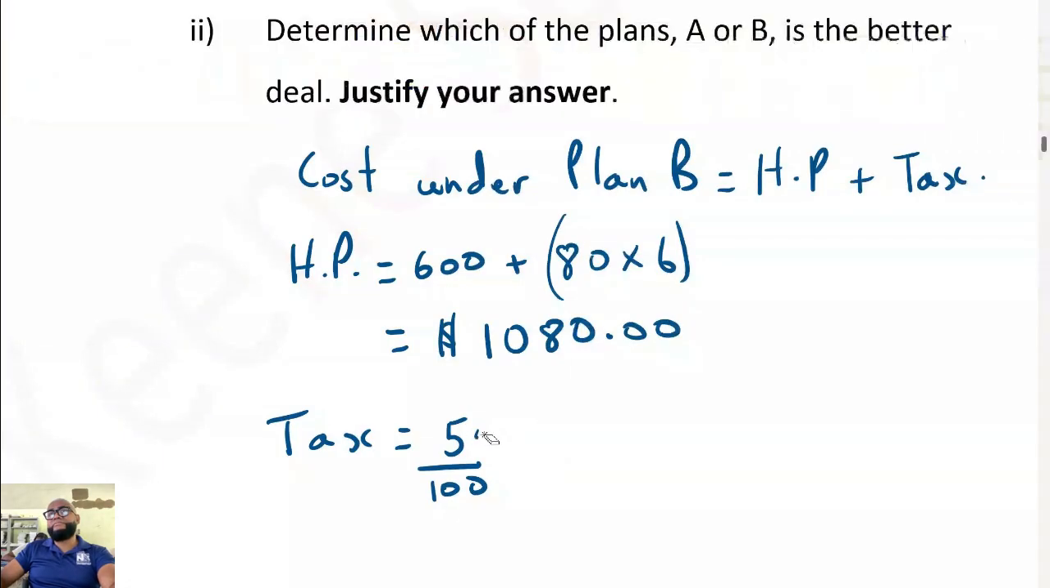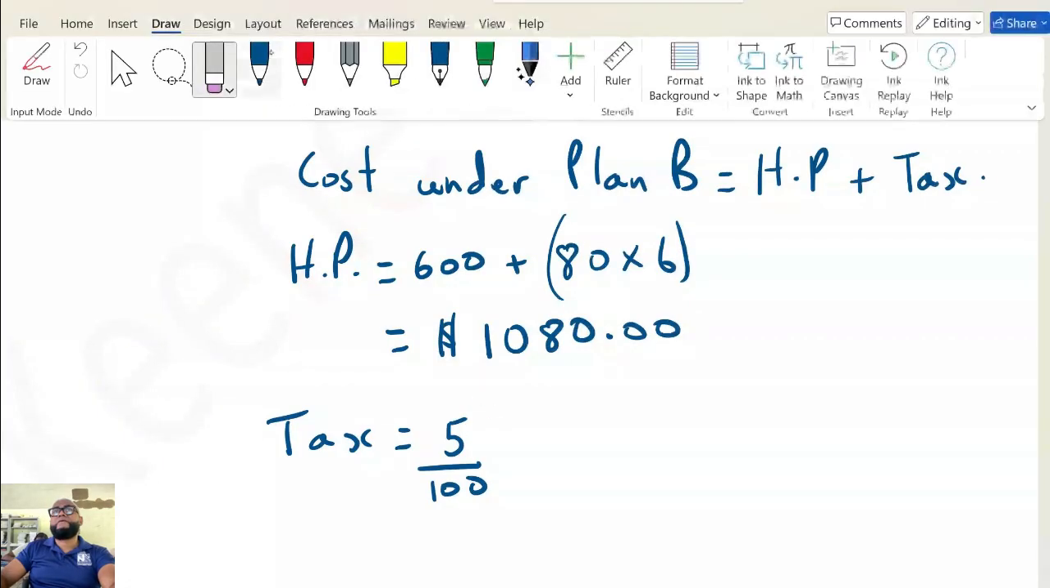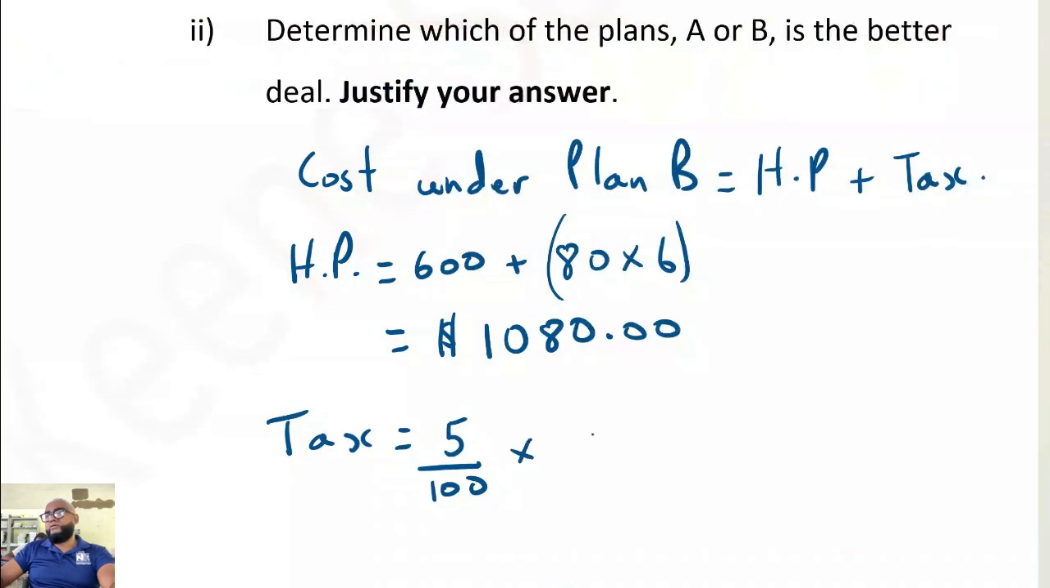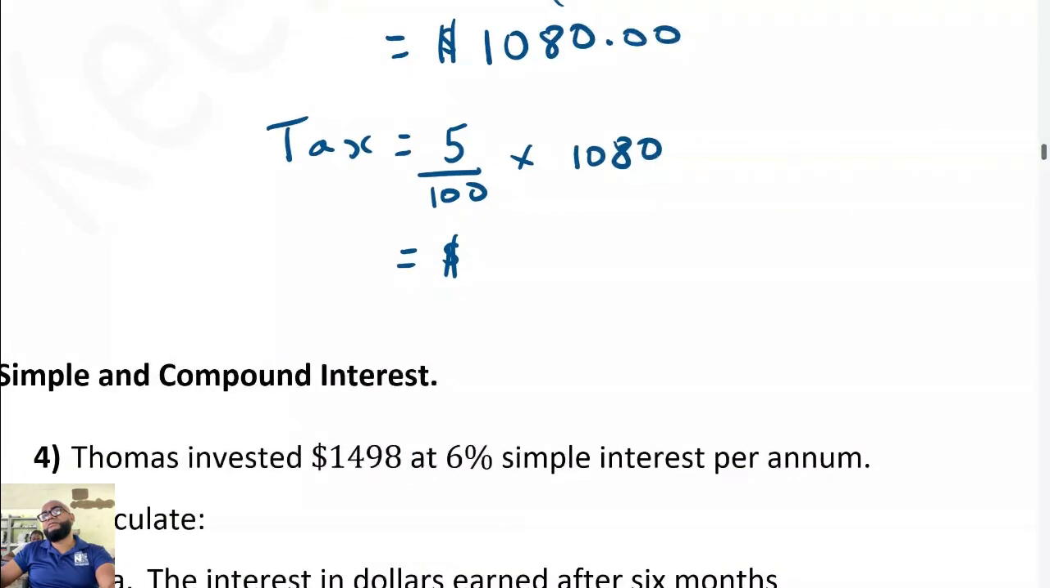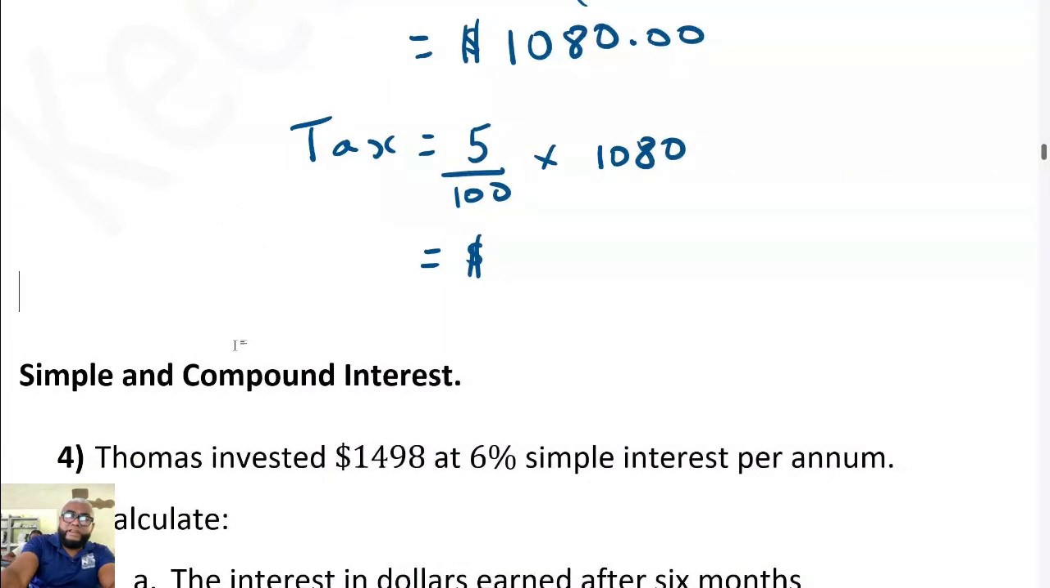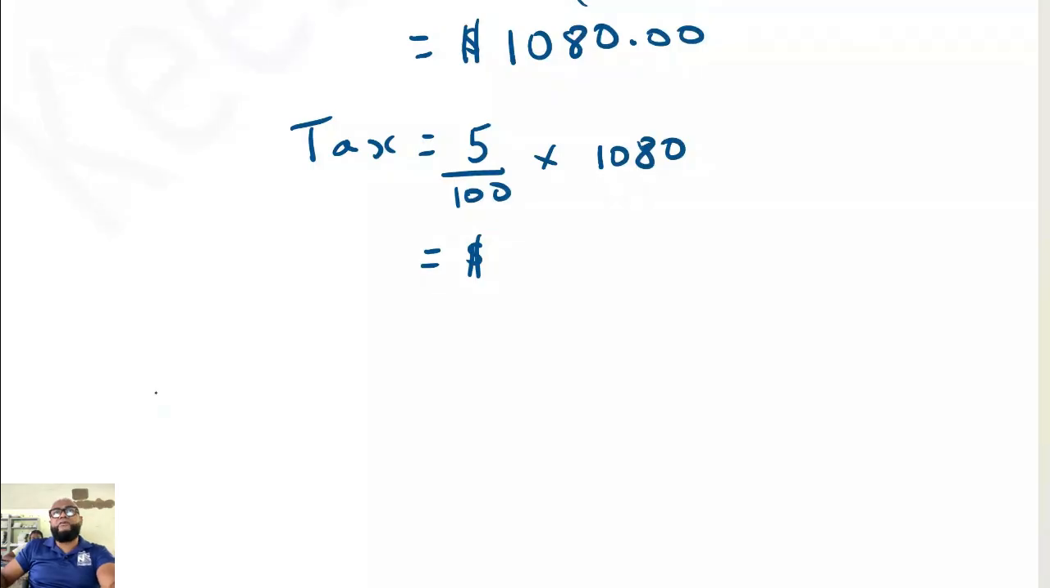5% on the total hire purchase price, 1,080. Work that out for me. What do you get in there? What's my tax? Somebody work that out. And therefore, the cost of plan